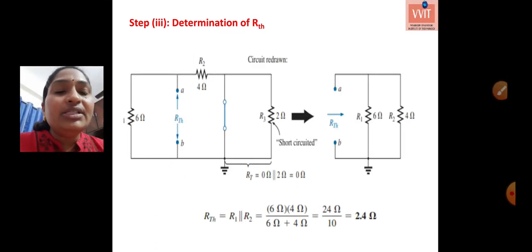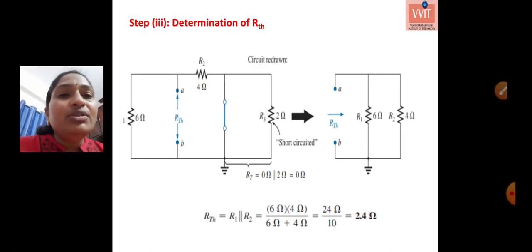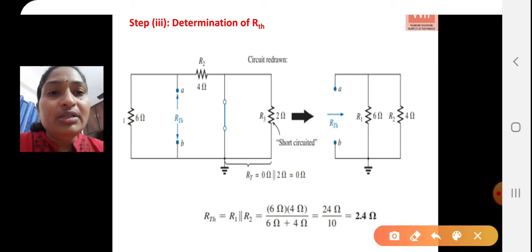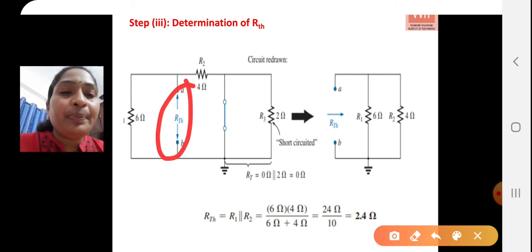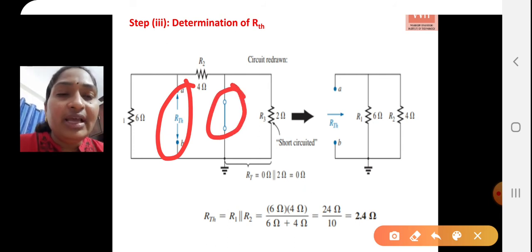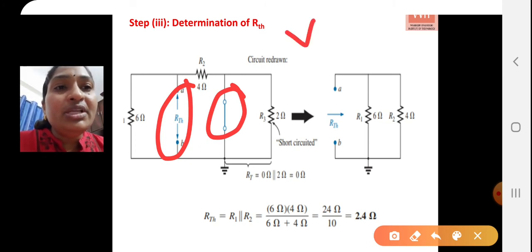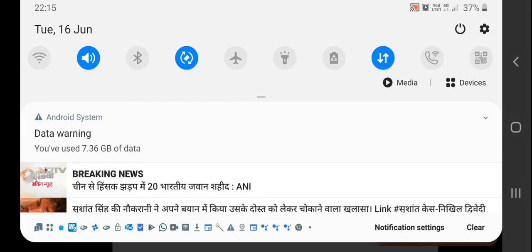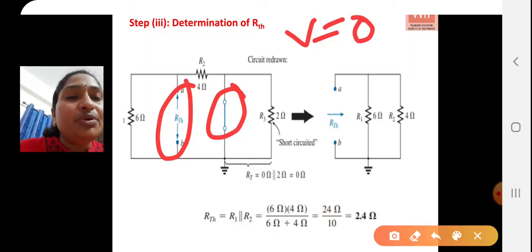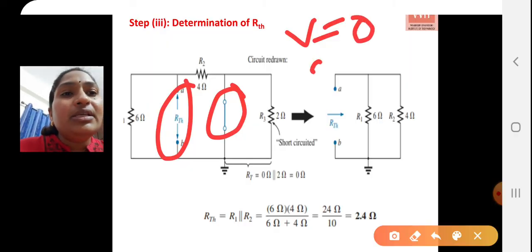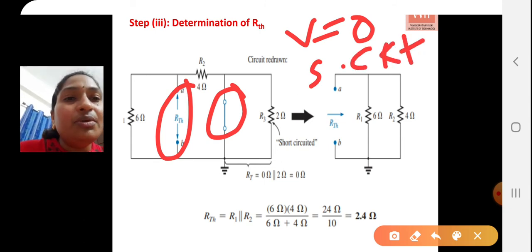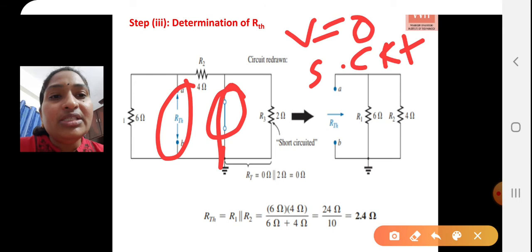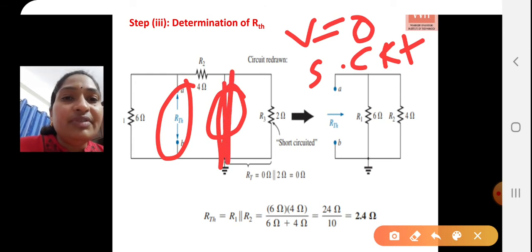Next, it's time to calculate Thevenin's resistance. While calculating Thevenin's resistance, the first step, after removing the load resistance branch, is that again we have to remove all the sources. As seen from the given network, there is a voltage source. Removal of the voltage source means V should be equal to 0, which means it is a short circuit. So I am representing a short circuit in place of this voltage source.